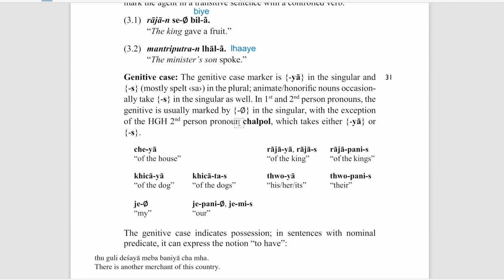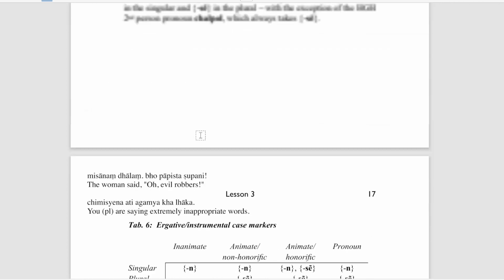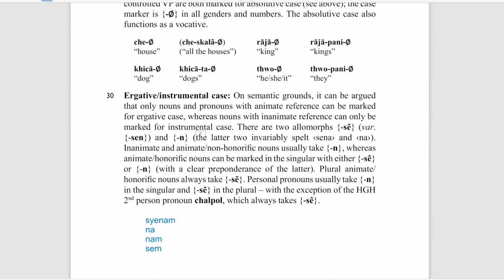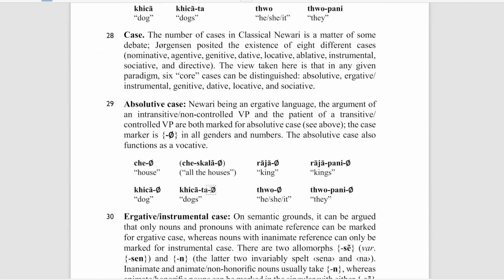Any other questions? Yeah, actually, I see the word for dogs, it's chatas. What is the there? Okay, so the is the plural marker. Oh, okay. Yeah, sorry. Oh, it's okay. It's great to revisit again and again, from time to time. So the here is the plural marker for animate and honorific things.